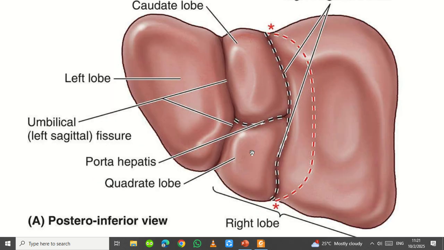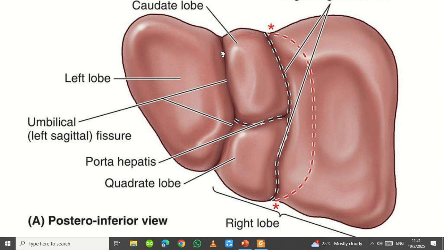Right, so here you can see that this is your caudate lobe, your quadrate lobe. To avoid confusing which one is superior, you just say C over Q. C starts first in alphabetical order, then Q last. So C should be above, and Q should be below. Simple. So you're going to have this left sagittal fissure made by the ligamentum teres hepatis, this portion, and